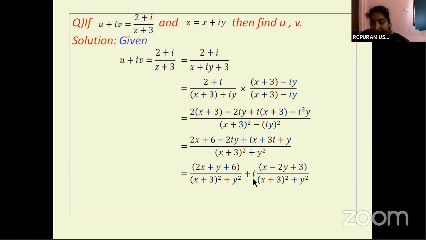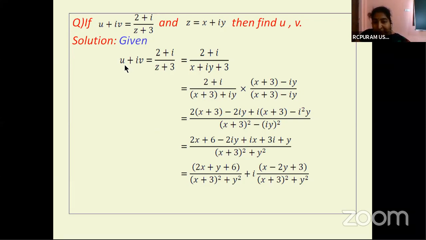Now all the i terms I'm clubbing in the next part, that is plus i into, when I take i, x term here, and then minus 2y plus 3. So these are the three terms which contain i, isn't it? So from these three terms, I'm taking i out, and I'm writing some x term, y term, and then constant. So (x minus 2y plus 3) divided by ((x plus 3) whole square plus y square). This denominator is there for this whole expression. That means the denominator should be taken for the real part and also the imaginary part. So this is in the form of a plus ib.